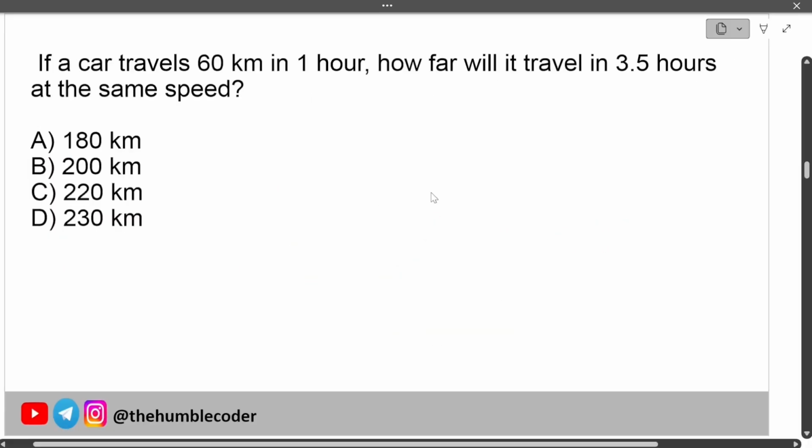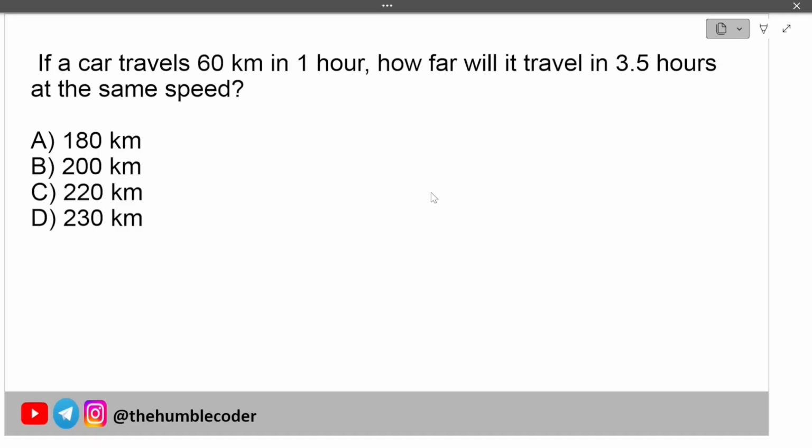If a car travels 60 kilometers in 1 hour, how far will it travel in 3.5 hours at the same speed? Okay, so before we start solving this question, guys, I want to let you know that the options are wrong in this case, but we will find out the correct answer for it, so don't worry. Okay, so this is a speed based question, so you should know that the formula for speed is distance upon time. Okay, so if you are aware of this formula, then it will be easy for you to solve